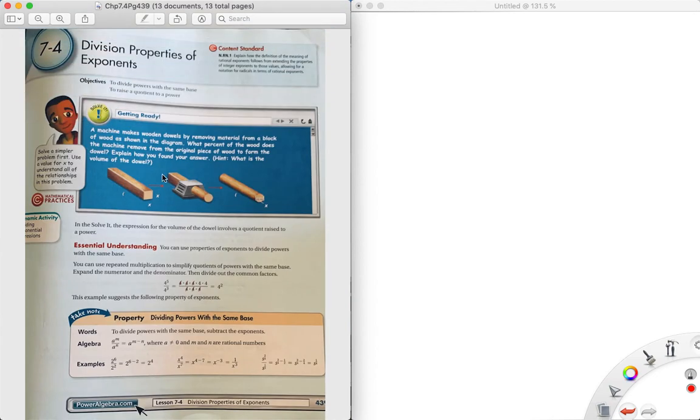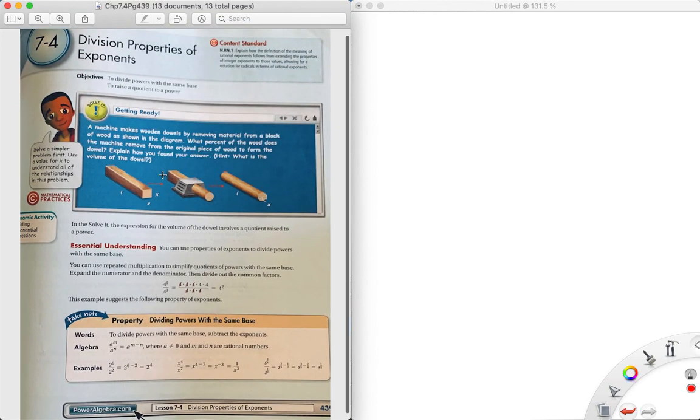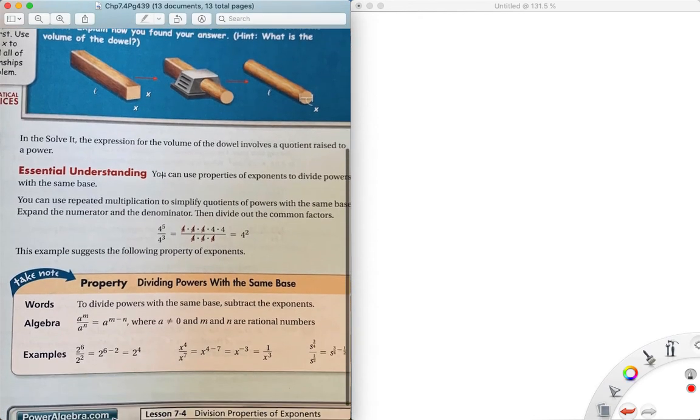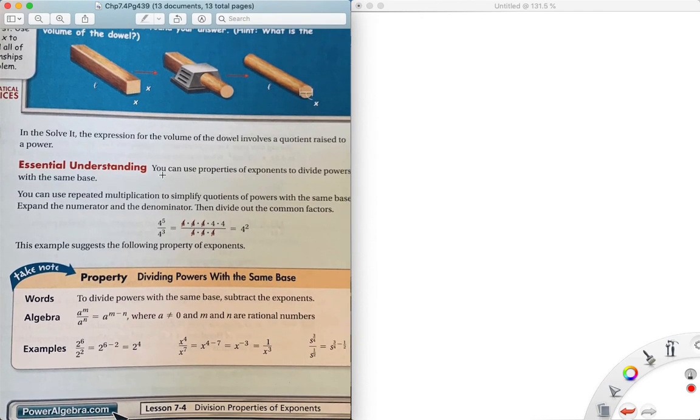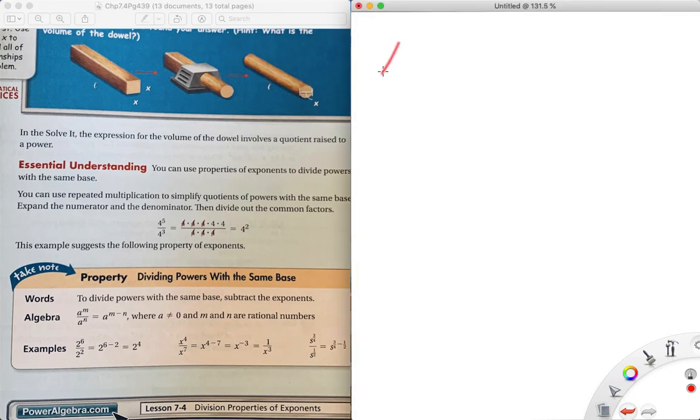7-4-3, and now we get started with 7-4. 7-4 deals with division. So if when we multiply variables, x to the 4 times x to the 4, we add them, x to the 4 plus 4, which is x to the 8th, then it's logical to conclude that if we divide exponents, x to the 4